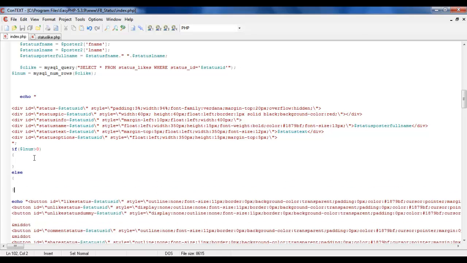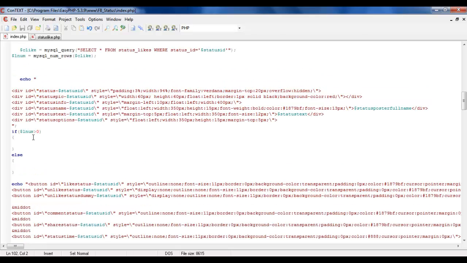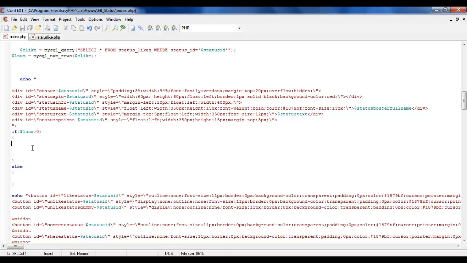So if there is anyone who is liking the comment, we need to go on to further calculations. If there is a person who has liked the status, then we have to check whether that person is actually the user who is logged on right now. So if lnum is greater than 0, then we need further calculation there. So we need to fetch out the user ID. Actually I would pass another query where we can check whether we have liked that. I'll just name that check like 2, the MySQL query,